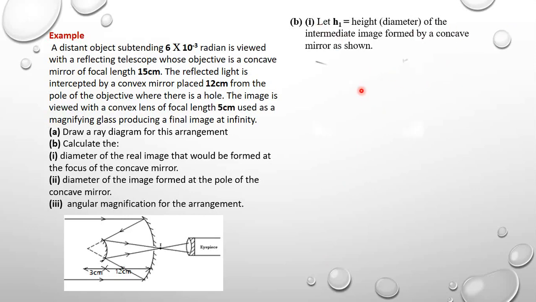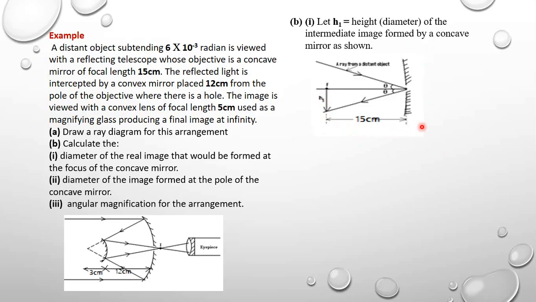So if I look at the ray diagram, we shall have this, and we can see that the angle subtended, we are calling it theta. So this is the height of the image h1, and that image is formed at the principal focus of the concave mirror. So the distance from h1 up to the concave mirror is